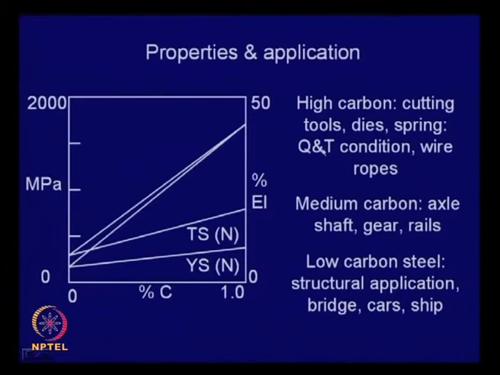A quick look at some of these applications and properties. We will take up alloy steel separately, and let us see with plain carbon steel, this plot gives you the range of properties that you can expect if you change from nearly 0 to 1% carbon. The strength can increase significantly, and in fact, you will find that if you normalize, you get one kind of